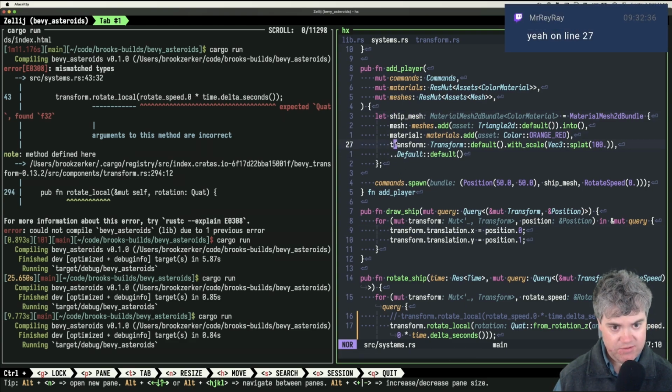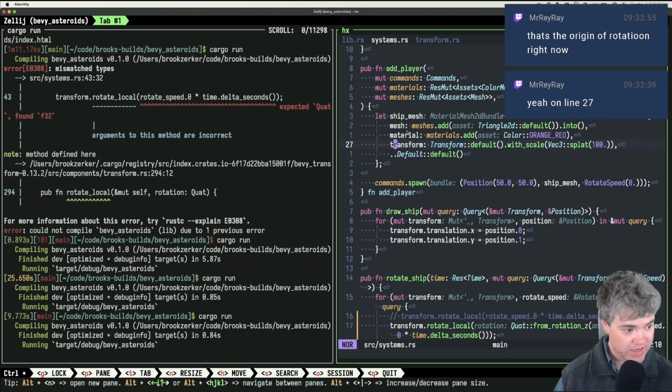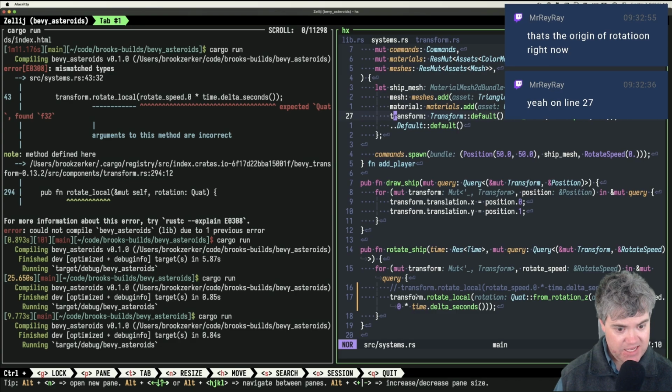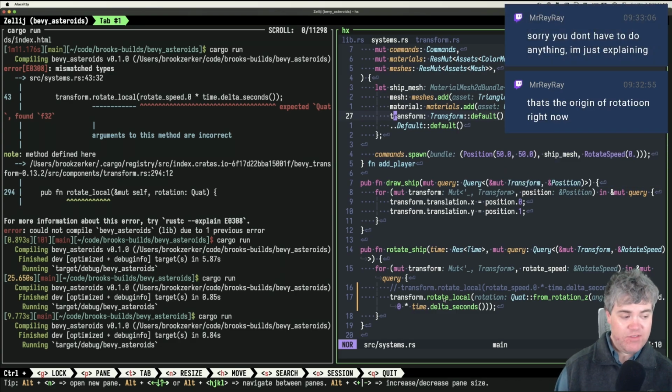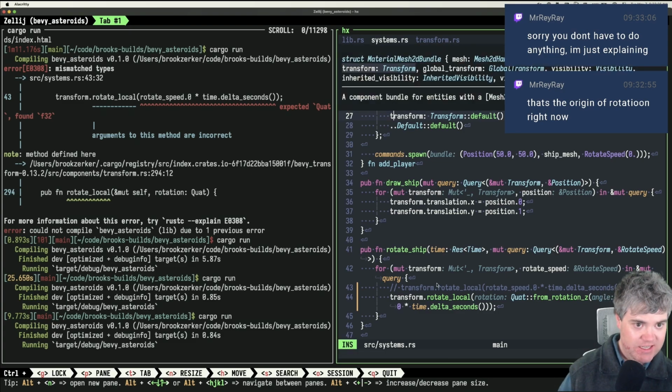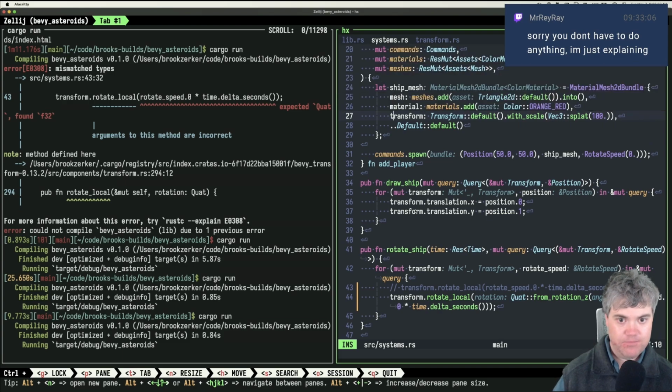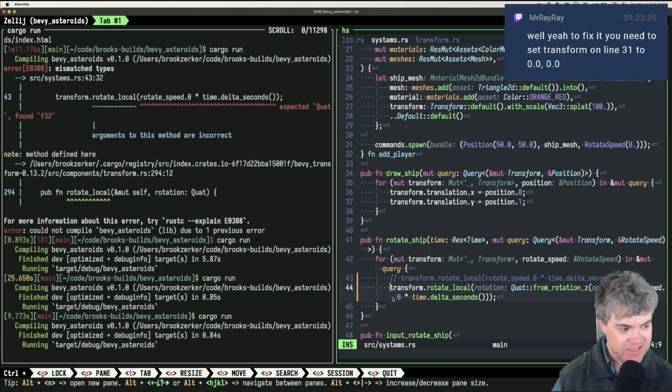Okay, so line 27 here. So what am I supposed to do with this though? Is rotate this. So this is initially drawing it. Yeah, that's the origin of rotation right now. When I actually rotate it, I'm taking the transform and I'm attempting to rotate it. Oh, okay. I don't have to do anything. Okay. I thought you were telling me what to do to fix it, which I was getting excited about, because then we can fix it. Also, because I'm in relative mode, that's interactive mode, so you can see all the actual line numbers. Okay, so I'm taking this transform.